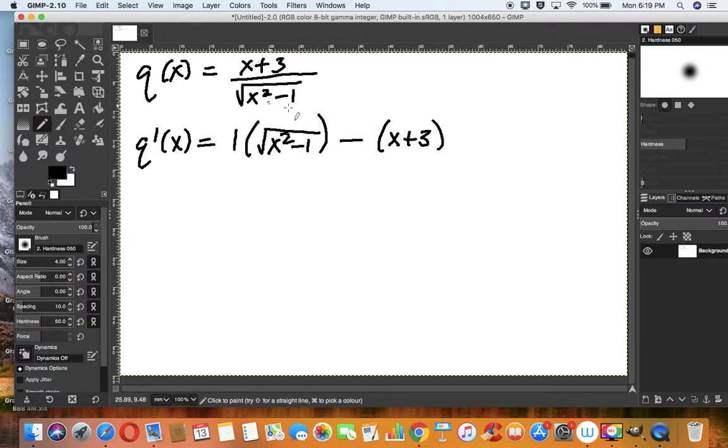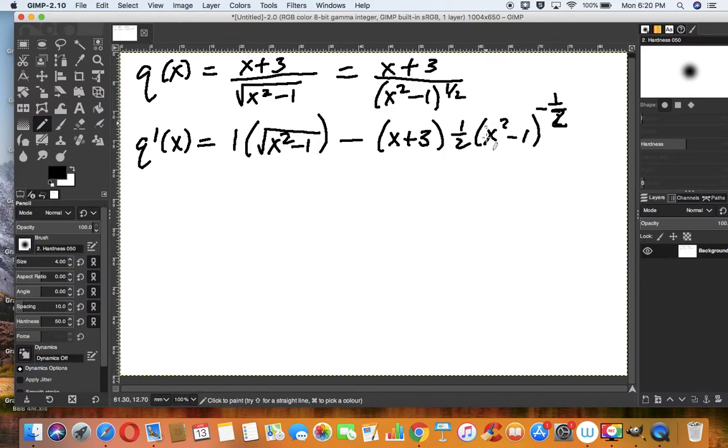derivative of this. So now the bottom, you can rewrite this function as x plus 3 over x squared minus 1 to the half. Okay, so it's easier to do it when it's in this form because there's actually a 2 here that you don't see, and this is just all to the power of 1. So p prime q minus p, q prime, which is 1/2 x squared minus 1 to the negative a half,